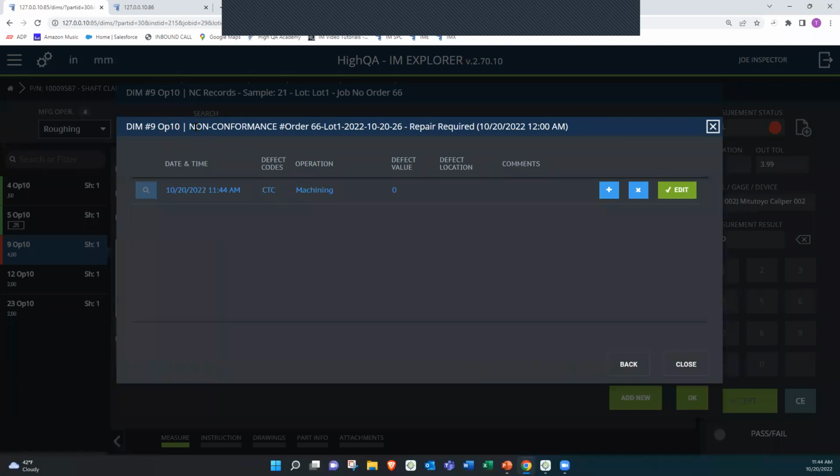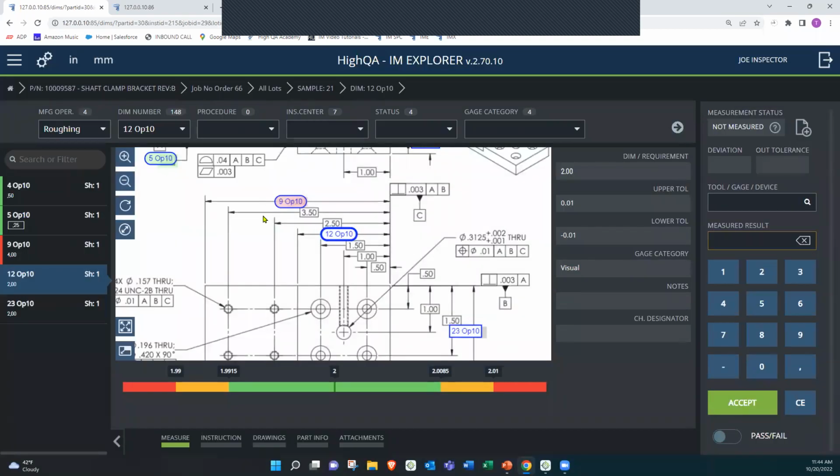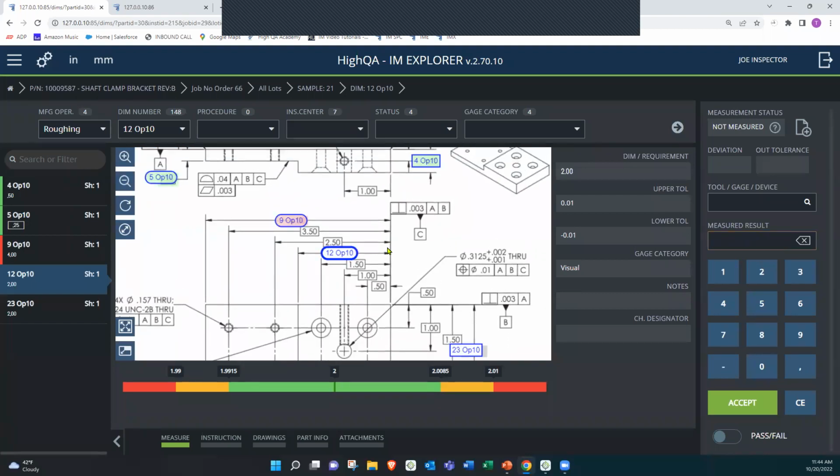It has all of the data together: the sample, the gauge, the inspector, all the information is in the database. We even have notifications, so that if a nonconformance is created, it notifies these people that there's a new NCR in the system. So that's an example, and you can see it's red right here too, because it's bad. It's an out of spec check. That's an example of how all the information can work together, and it's real time and live